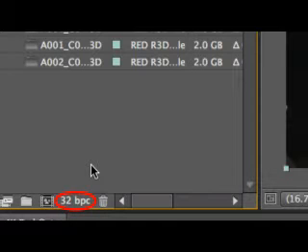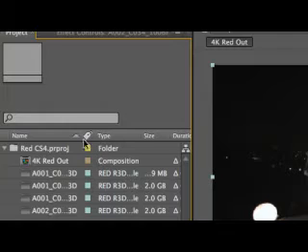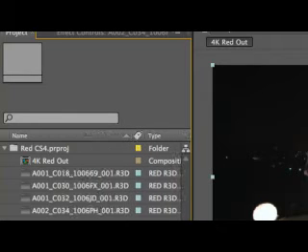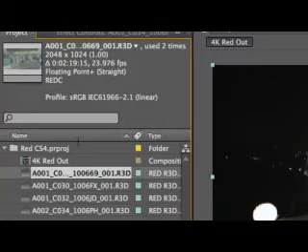32-bit here. And we know that our project color is set correctly. One of the things you'll notice is these R3D files have a different color profile set to them. Let's go in and change what color profile or color rules are set to each one of these clips. I'm going to go ahead and click on one of these, and it tells me that the profile is an